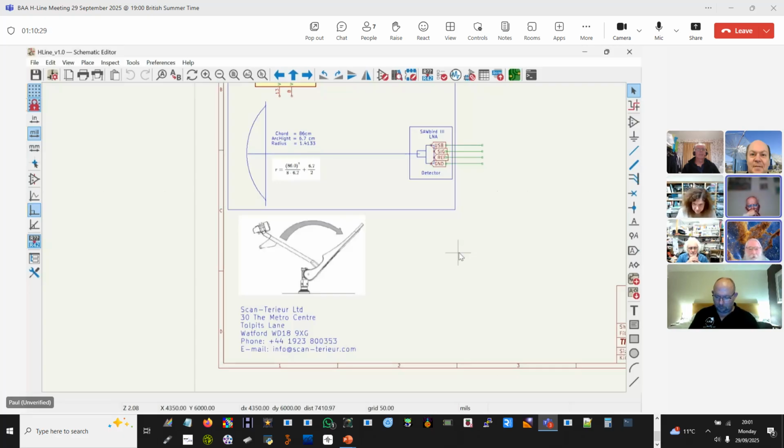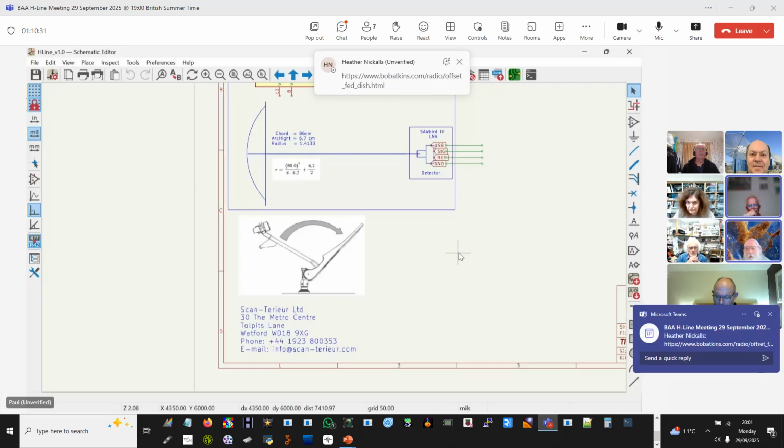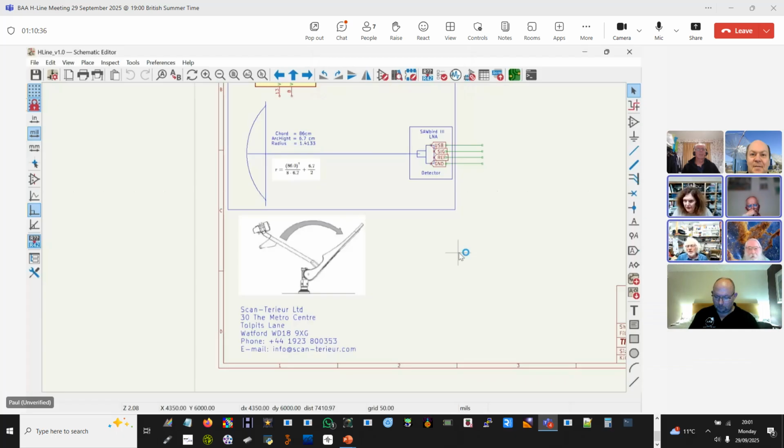I think what they're trying to indicate is that you have to swing it up. That's what that big arrow is showing. Swing it up, so that it locks into place where it should be at the focal point of that slice of the parabola. I've just put a link in the chat of a very simple little diagram that shows the difference between an offset fed and a